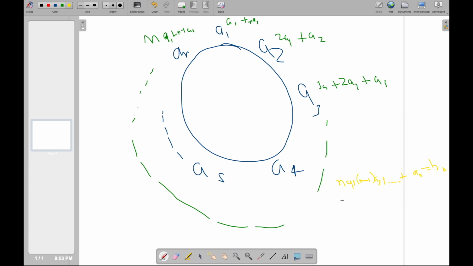And then similarly, n minus 1 A1 plus n A2, right, no, plus n minus 2 A2